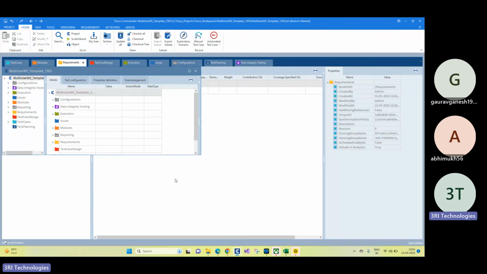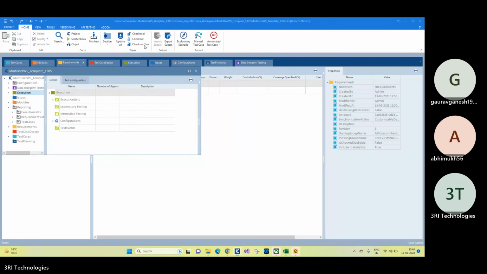It pulled all the latest changes and gave them to me here, but nothing is checked out. This is still in red color because as an admin I did not check in. But these are the latest changes. If I want to work on something, I'll have to do check out or check out tree. Even if you do check out tree, in the background update all will happen.